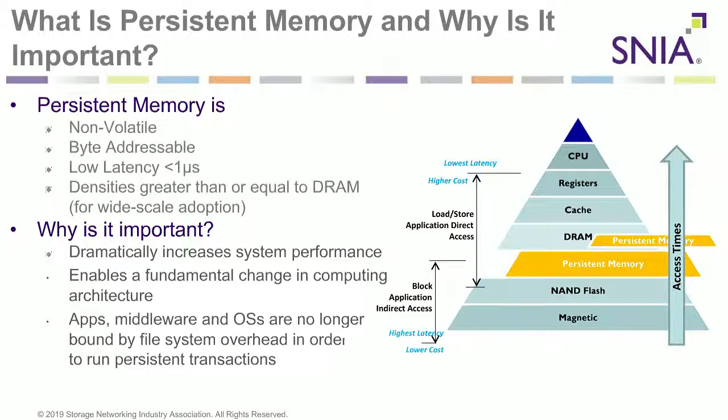So as most of you are aware, the hierarchy for the memory and the storage has been, starting from the CPU, the access goes down from registers, caches, then there is DRAM, and all the way to the NAND flash, and there is the spinning media, which has been there for several decades now. But as you see over here, latency is an important factor. The closer you get to the CPU, the better the latency, and if you go farther away, there is going to be a higher latency.